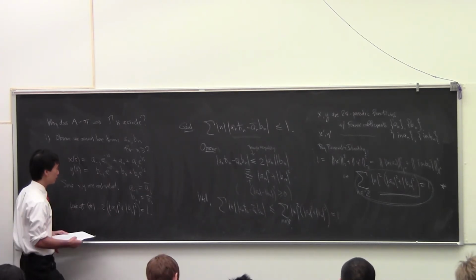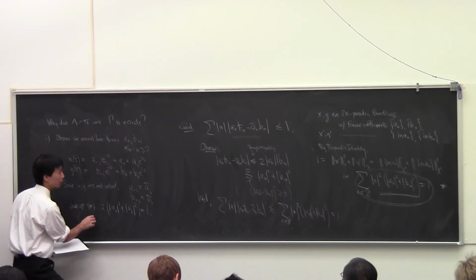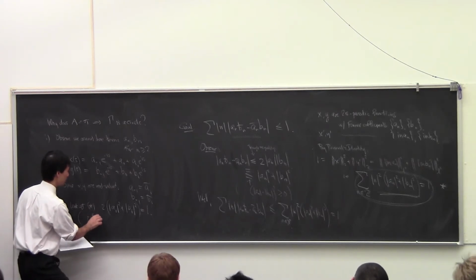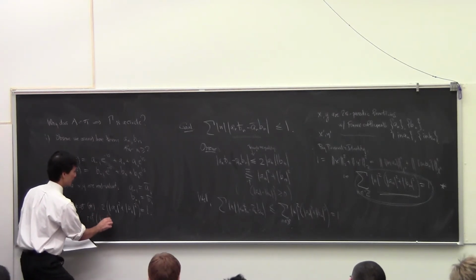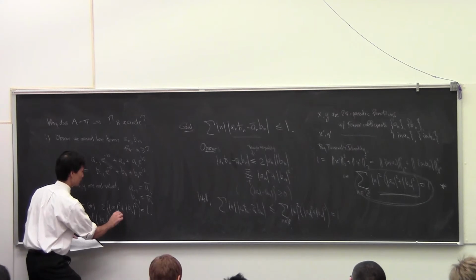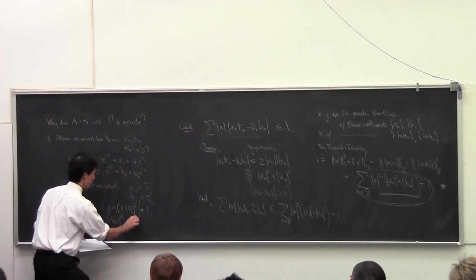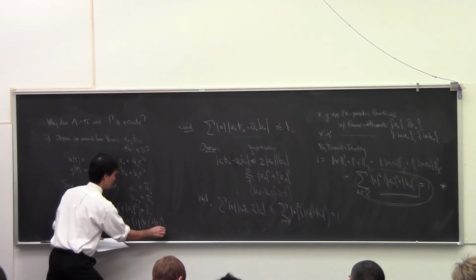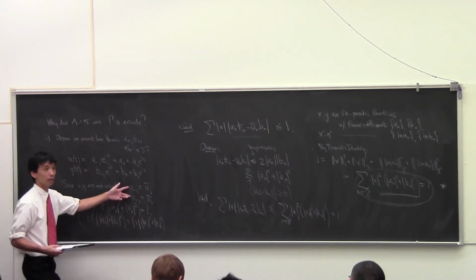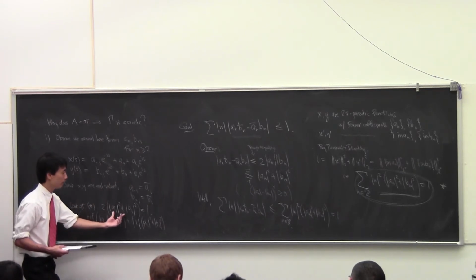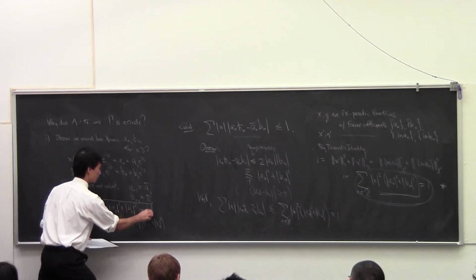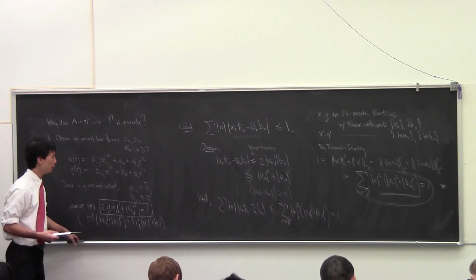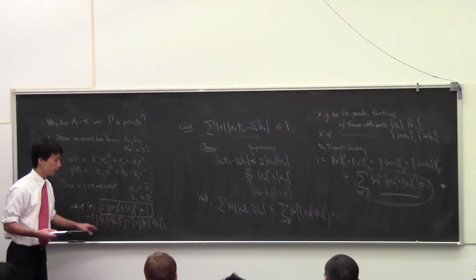Because we've got the minus 1 terms, a_{-1} squared plus b_{-1} squared, plus a_1 squared plus b_1 squared. But we just noted that those have the same sizes, so we get this. Okay, so that tells us that a_1